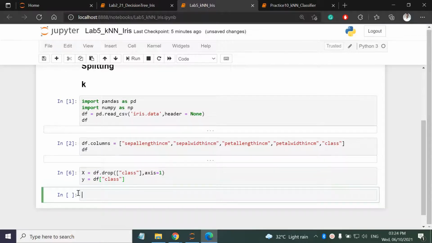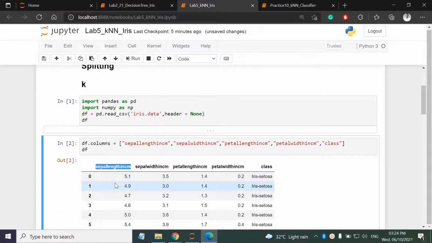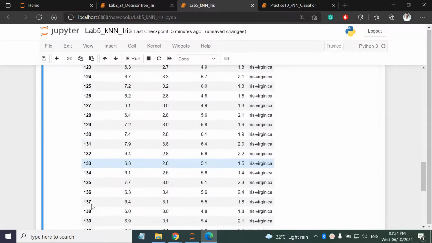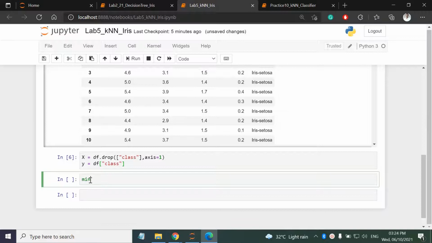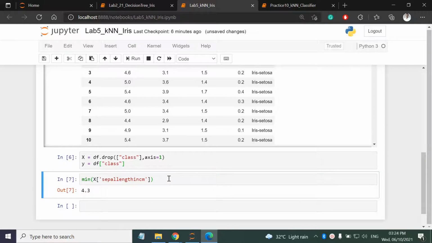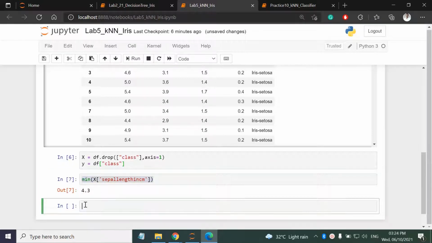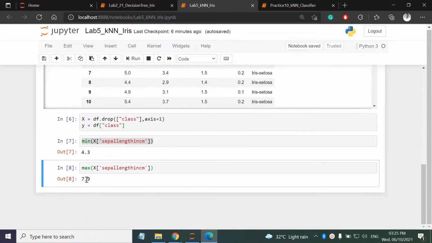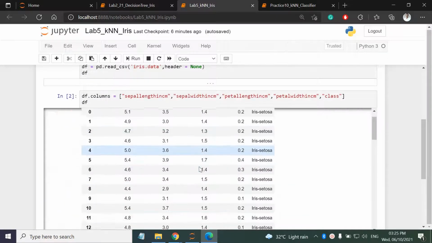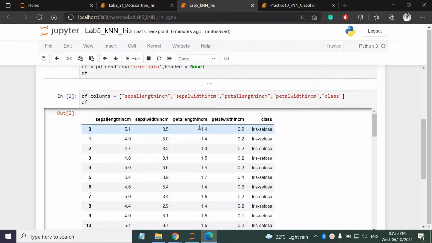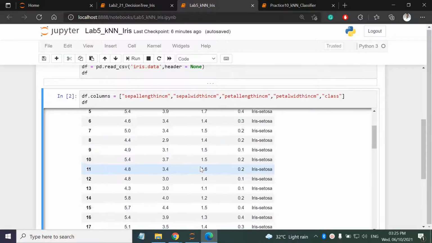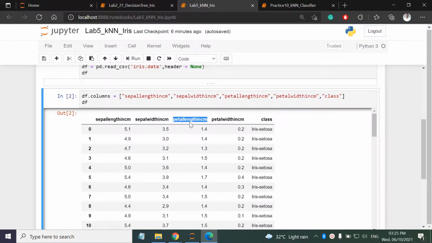So what I will do, so I have sepal length. Let's find out the minimum value which is present there, in my x. Okay, so this function will give me the minimum value in that column. This is 4.3, and if I print the max value, that will give me the range of that attribute, 7.9. Similarly, and we are seeing less range for petal length, see 1.4, 1.3. So let us see the range of this attribute.